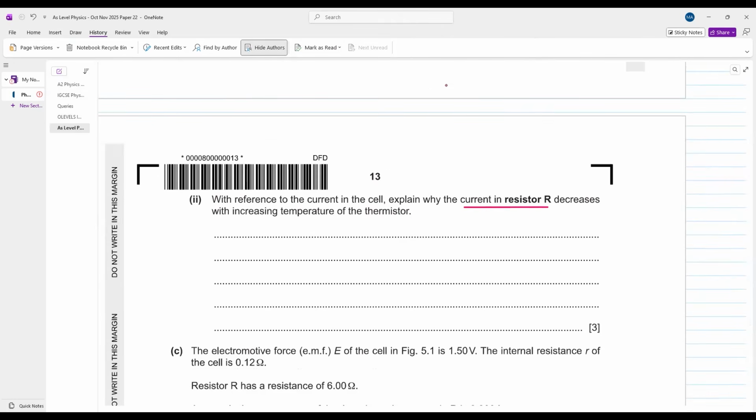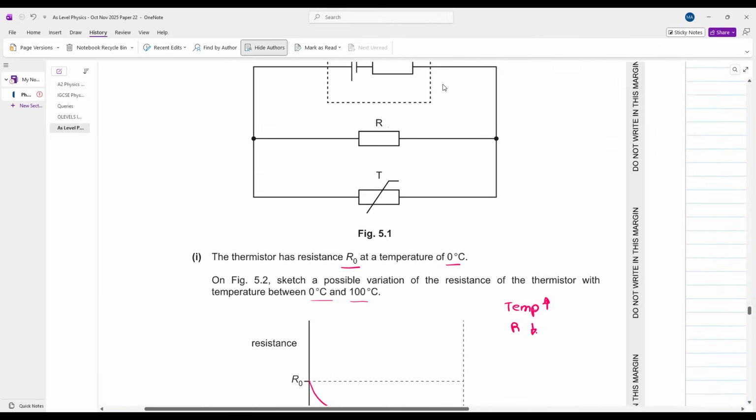With reference to the current in the cell, explain why the current in resistor R decreases with increasing temperature of the thermistor। क्या कह रहा है एग्जामिनर? एग्जामिनर कह रहा है कि अगर आप थर्मिस्टर का टेम्परेचर इंक्रीज करोगे तो व्हाई विल द करंट इन दिस रेजिस्टर डिक्रीज? चलो देखते हैं स्टेप बाय स्टेप। इफ यू इंक्रीज द टेम्परेचर ऑफ द थर्मिस्टर, यू हैव जस्ट सीन द रेजिस्टेंस ऑफ द थर्मिस्टर विल ड्रॉप। अगर थर्मिस्टर की रेजिस्टेंस ड्रॉप करेगी तो ओवरऑल सर्किट की रेजिस्टेंस या द टोटल